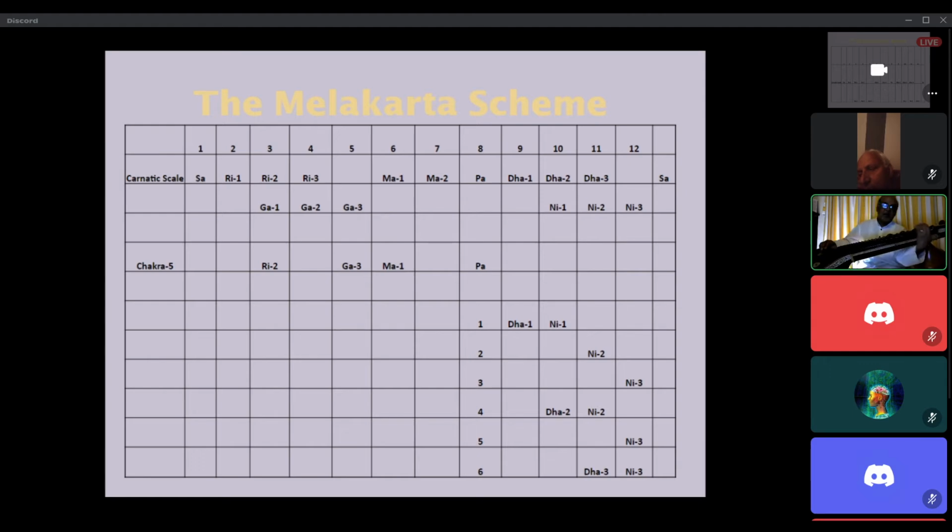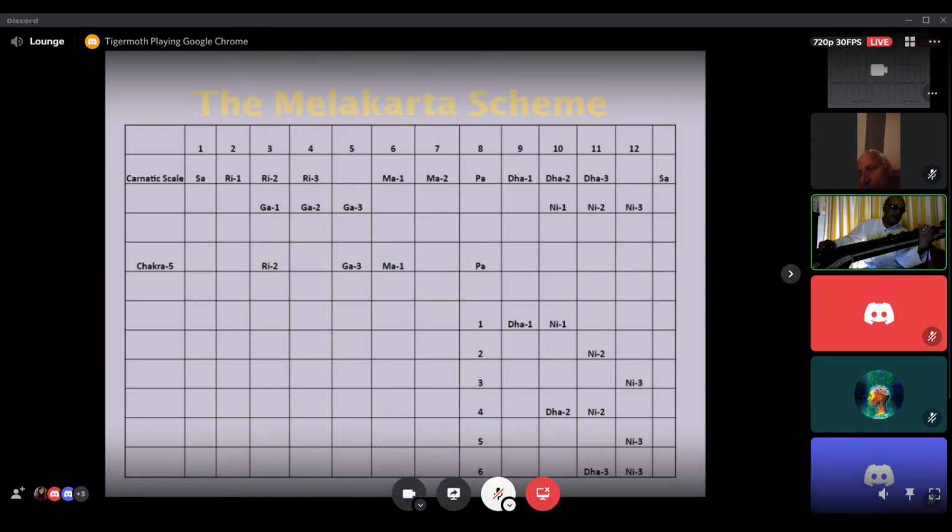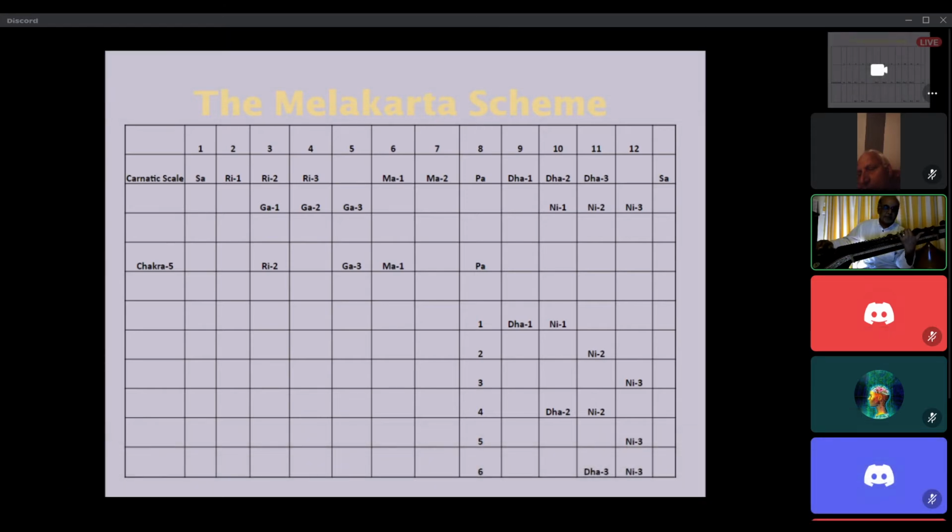So if you were to play Shankarabharanam, you would have played this. But this is where I need to halt a little and take you through a little bit of theory